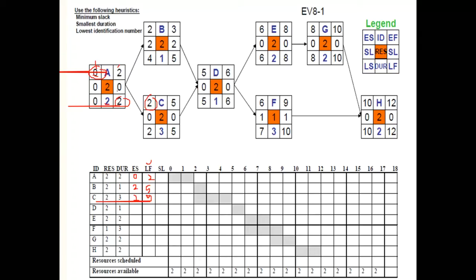The slack information is available in the middle boxes. So for activity A, it's 0, which indicates A is a critical activity and should not be delayed. Activity B has a healthy float of 2 weeks, and activity C has a float of 0, and so on. And we will complete. Right, so let's start